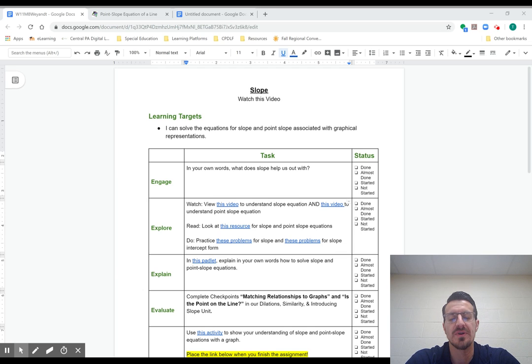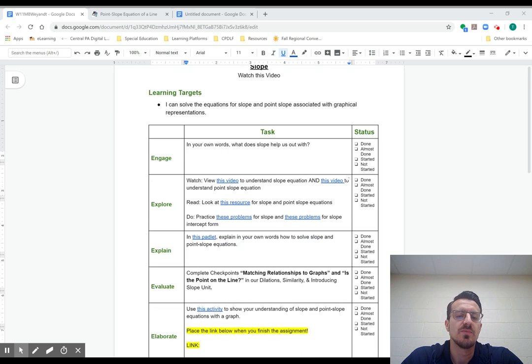Now, last week we did talk about slope, and we looked at a graph and a way to find the slope of the graph to help us understand what it means. So this week, we're going to take that a step further and look more at the equation side. What are available equations that we can use to find slope and help us identify that? So our learning target today is simply I can solve the equations for slope and point slope associated with graphical